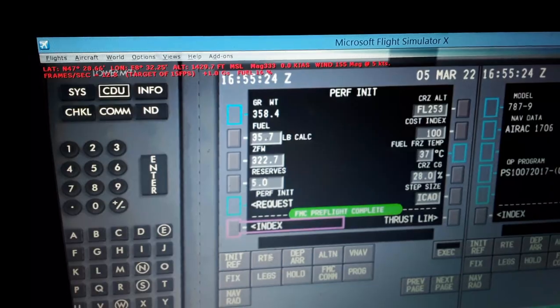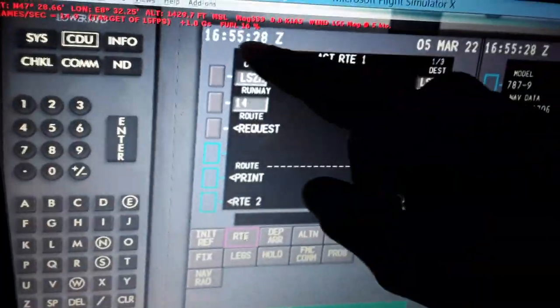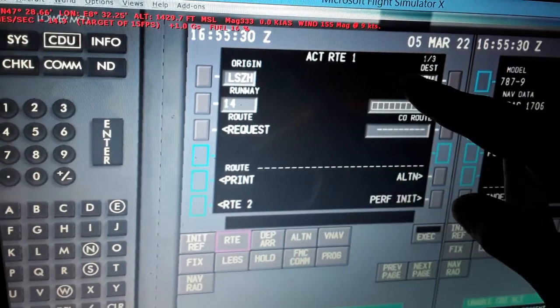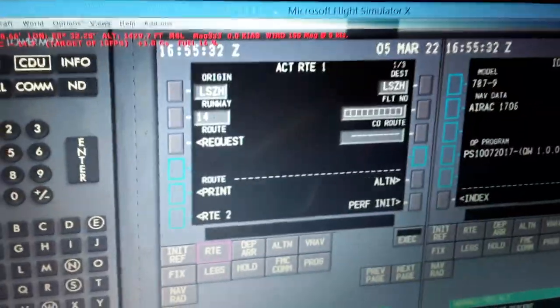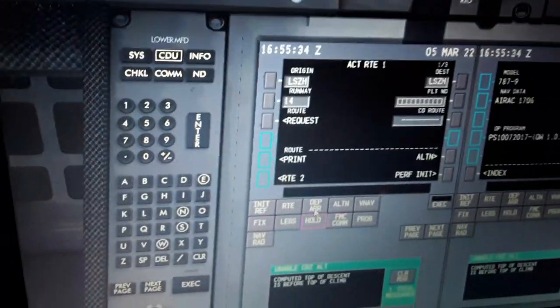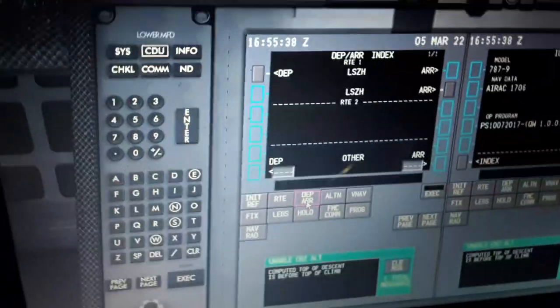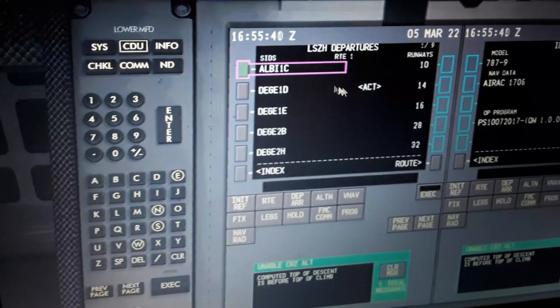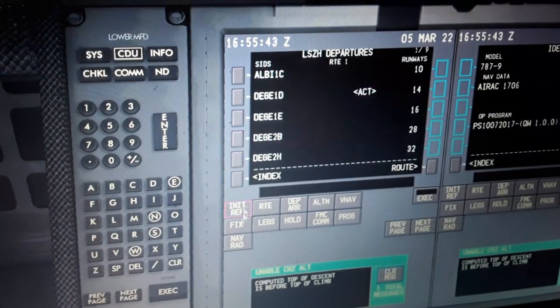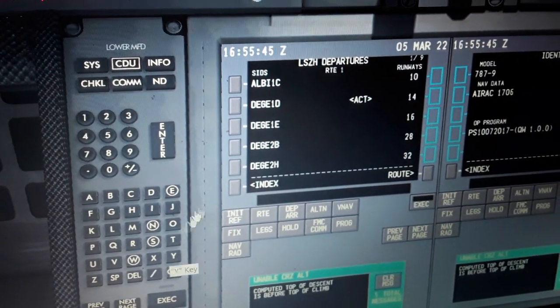So we have also the route here. I insert the origin, the departure, and the destination airport, the runway we're going to use. So this will give us the flight plan. Insert the departures, select runway, and the SIDs are going to give us over here a complete